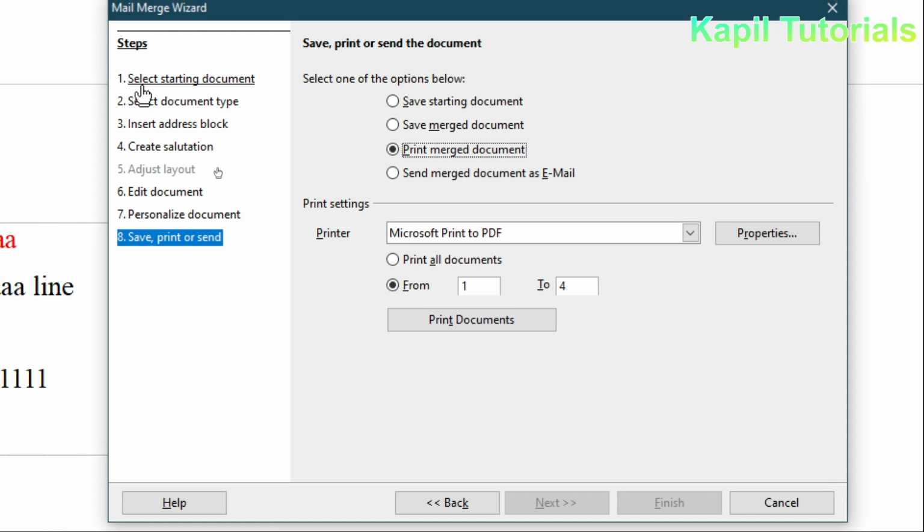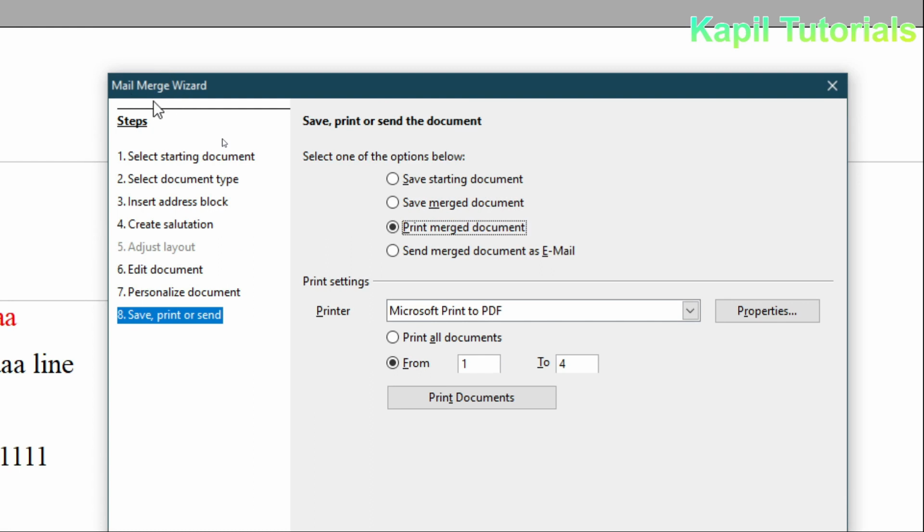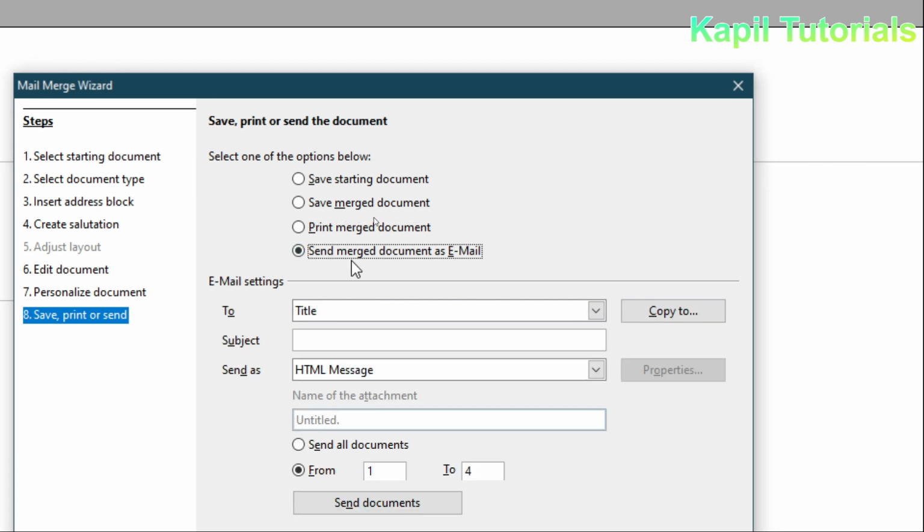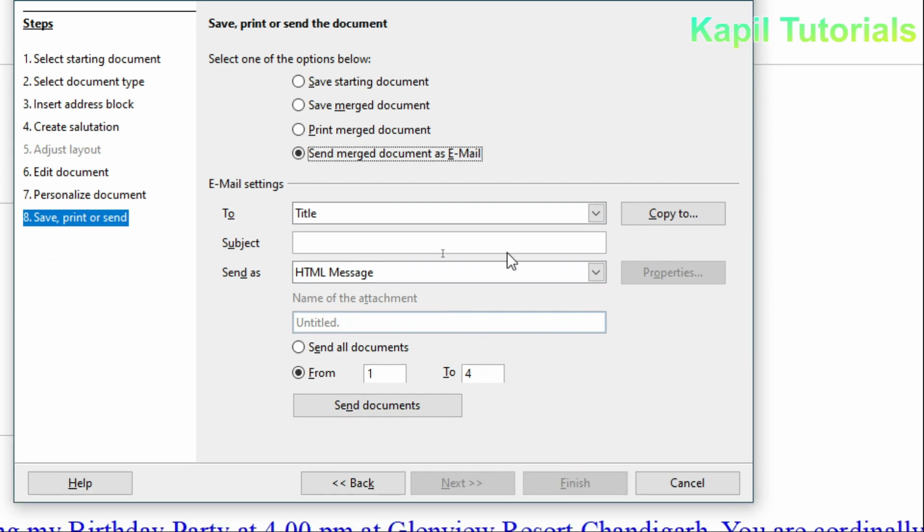So in your exams, even these options can come. Write the steps of mail merge wizard. All these steps can be asked. And then send merge document as email. Whatever your merge document is, if you want to send it as an email, you can just select this setting.